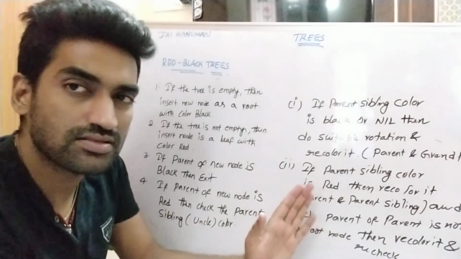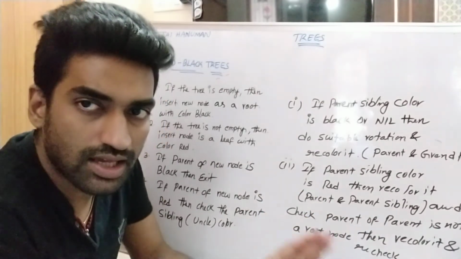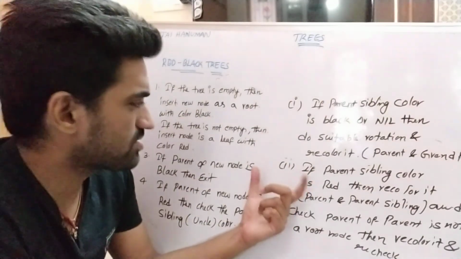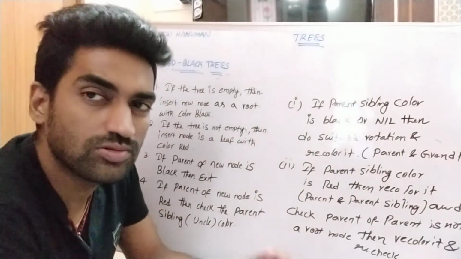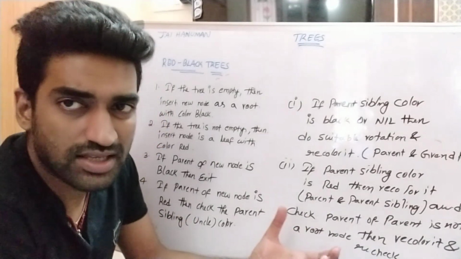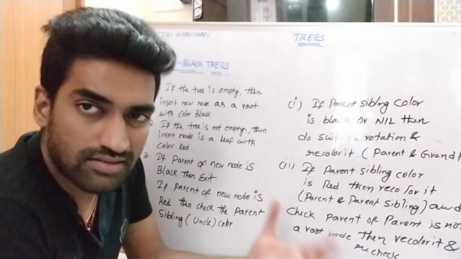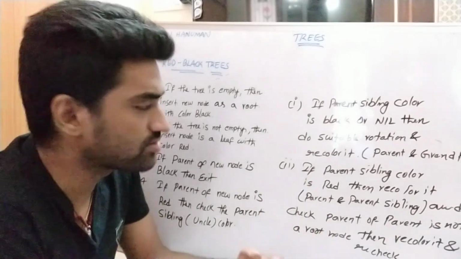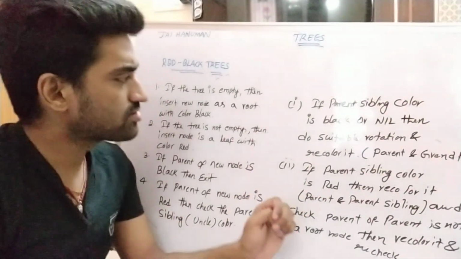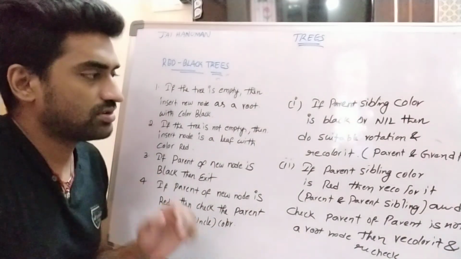Here we are mainly concentrating on two major operations for insertion, that is recoloring as well as rotations. Based on these steps, we can insert a new node into a red black tree. Here I am taking some elements, and based on these rules, we will see how to create a red black tree for those nodes. These are very important properties for the insertion operation. Here I am taking one example.